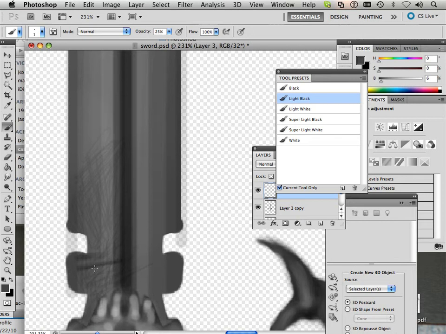You gotta be careful about getting it too thick. If you do, grab the gray